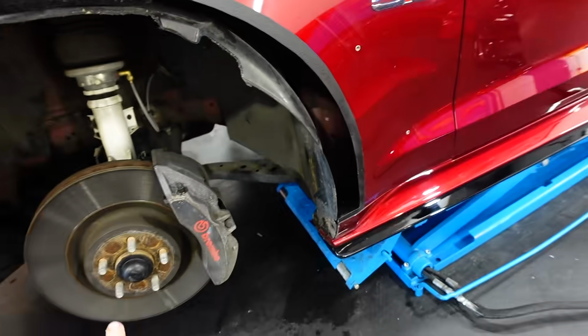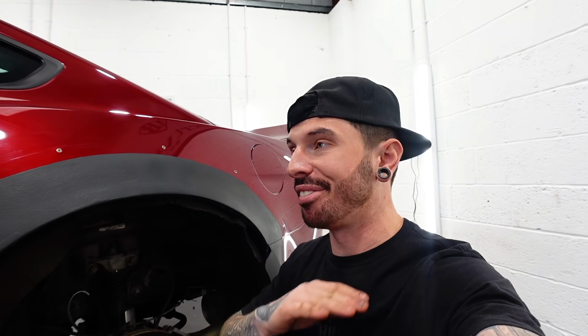Right, the arches. So this is the part that I can't really do or have no experience in at all, and that is welding, but Colourcraft have smashed it with this. Now you may notice all of this arch is sort of blacked out in an anti-rust paint. And the reason behind that...